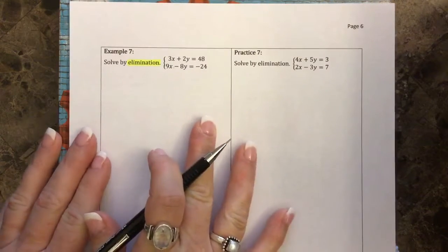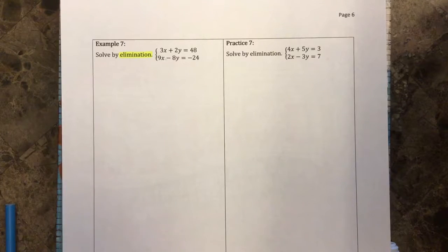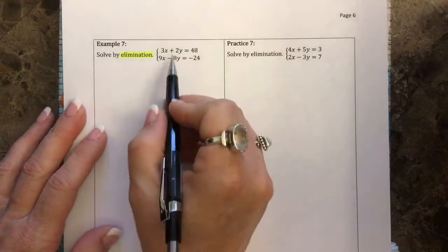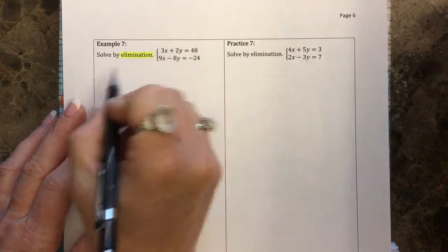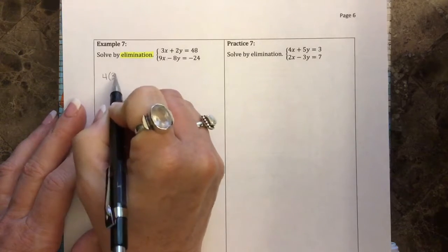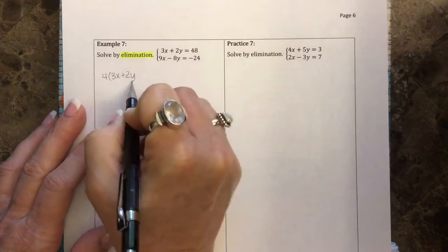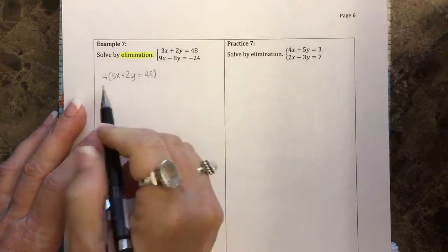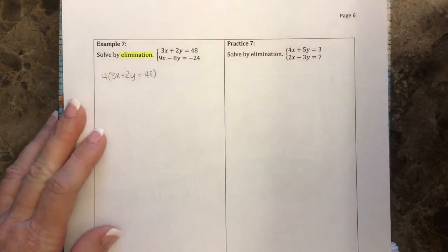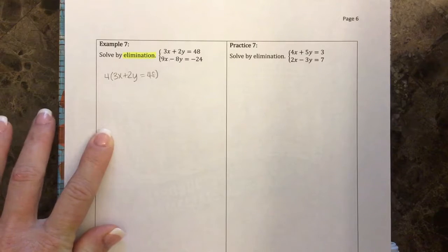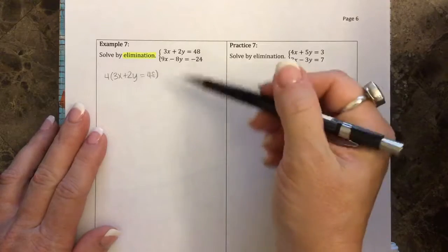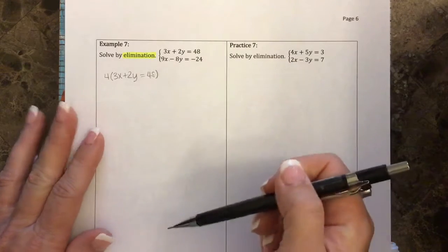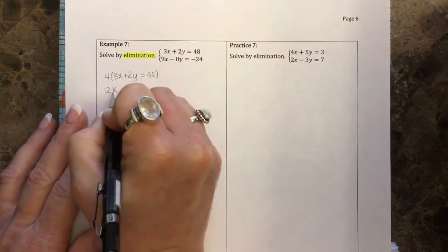But I don't want you to get into the habit of thinking that the y term is always what's eliminated. Sometimes the x term can be eliminated as well. So I'm going to multiply the first equation by 4. The reason is that there's already one y term that's negative and one that's positive, because when you add together in order to eliminate, one of them has to be positive and one has to be negative. So you have 12x,